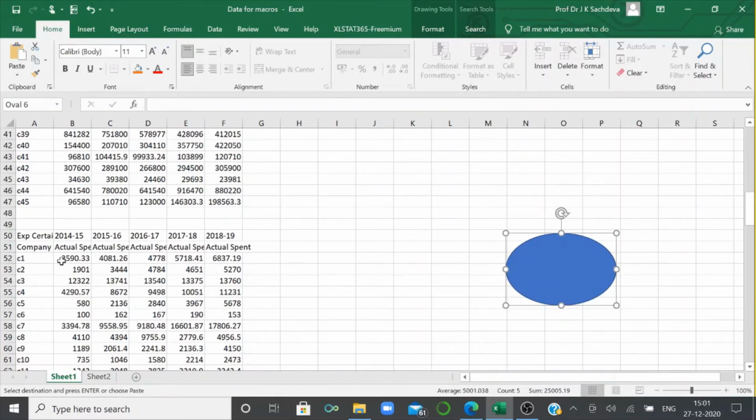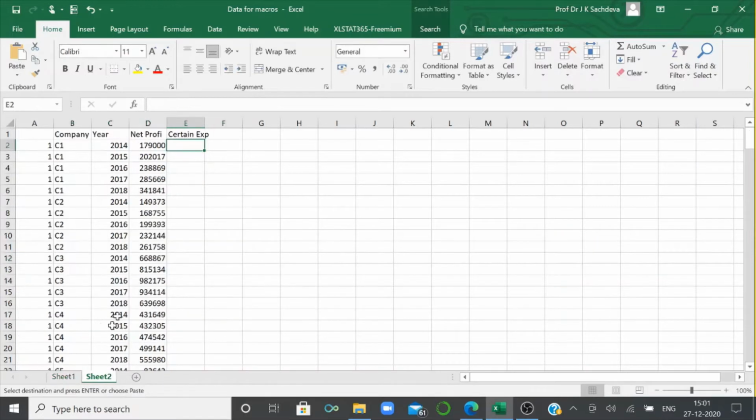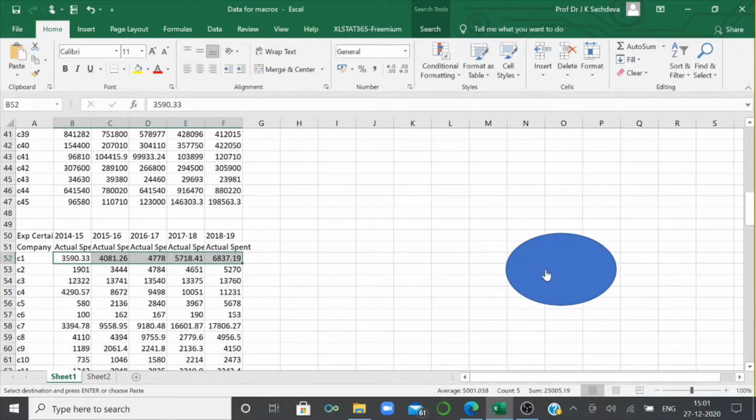So now let us see. I am going to mark it here, but let us see which cell it is showing. This first cell, first row, first cell. So I am just going to click it. It has copied. Now let us see the second row. It has copied. So many times there is big data which you can use for transposing, for taking the values, for creating other things by using macros. Macros are very helpful in Excel.